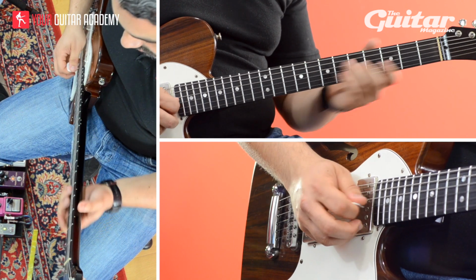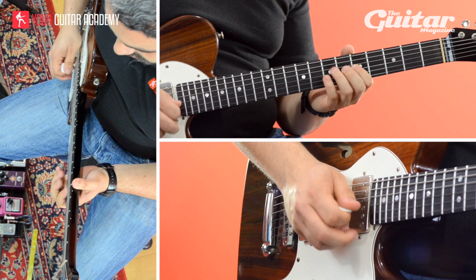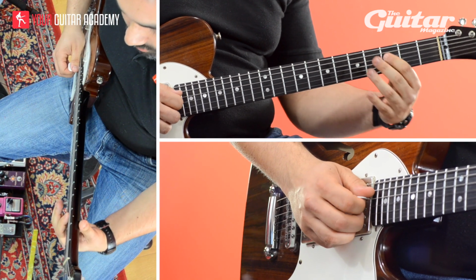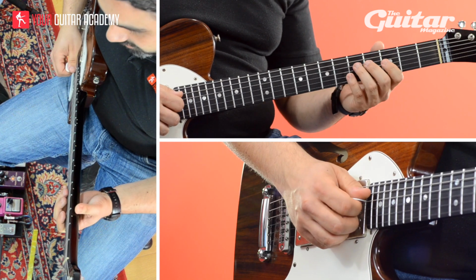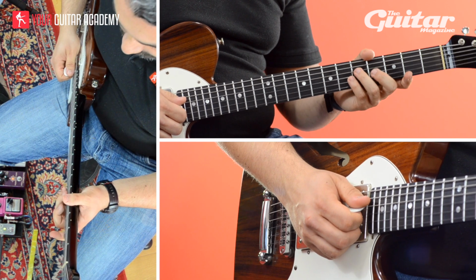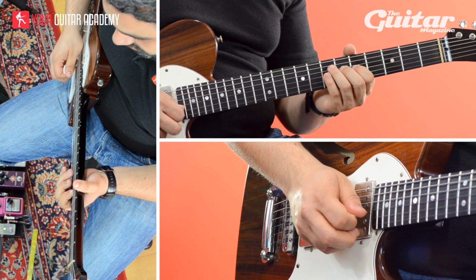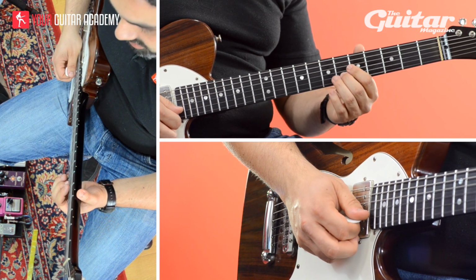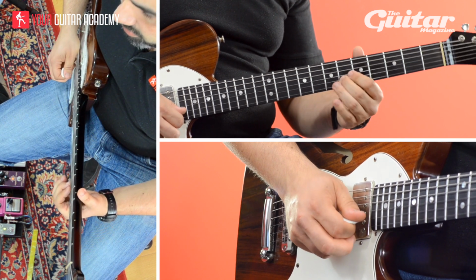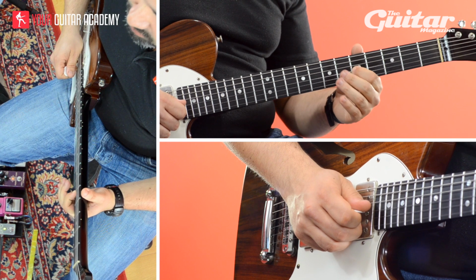Okay, and then after that we've got, but you could think of that as coming from your shape 4 of your F major pentatonic. So we're down here, index finger on the 3rd fret of the D string for the end of that previous lick, and then we do a 3rd finger, 5th fret of the D string, quick slide up to the 7th fret, and then on the G string, 5th fret, B string, 6th fret, and then back down to the G string, 7th fret, pull off to the 5th fret,